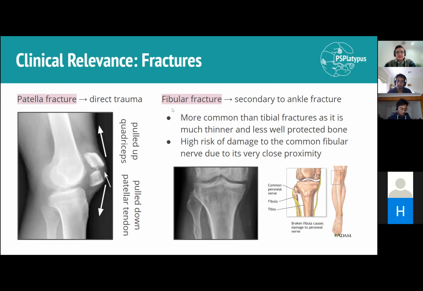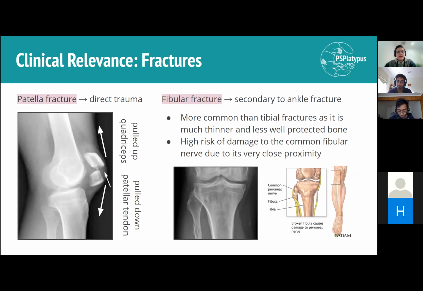Fibular fracture is very critical. This is super high yield. So you think about the fibula, and I did say it's not that important for forming the knee joint, and not so important for the area that we're discussing. But one clinically relevant aspect is that the common fibular nerve, which in this diagram is called the common peroneal nerve, it's the same thing, will wrap around the head of the fibula before it splits into its superficial and deep